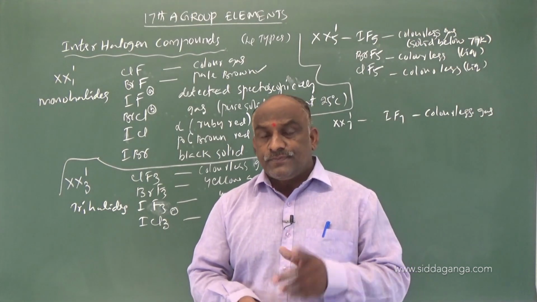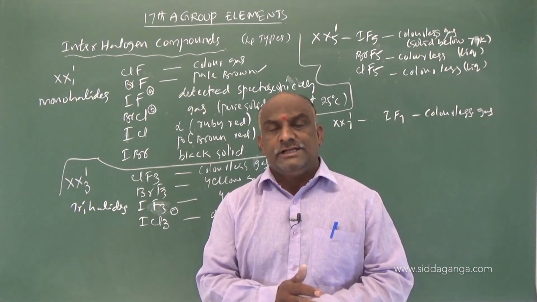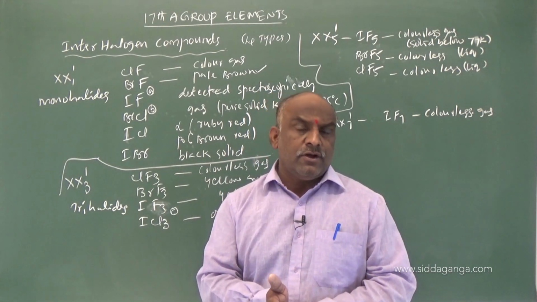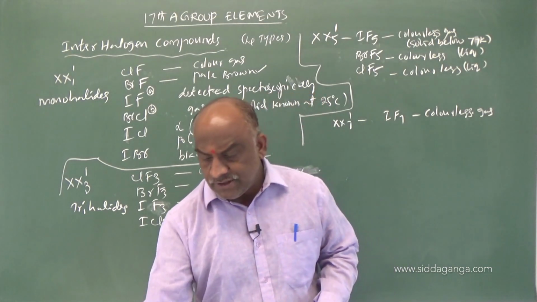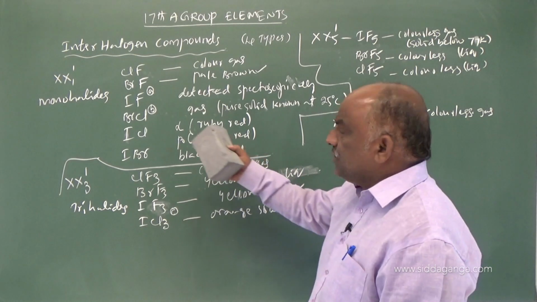Because of bond dissociation enthalpy. Bond dissociation enthalpy means a weak bond takes place between interhalogen compounds. Weak bond takes place means, let us discuss that point. So once again, take a screenshot, or you should write all of these